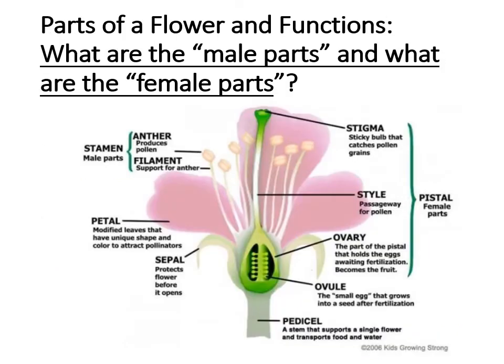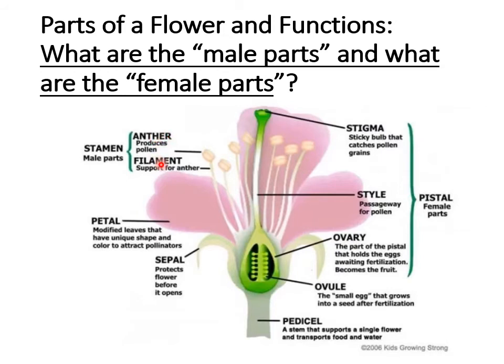Now, when we talk about plants, a lot of people focus on flowering plants, so I did want to throw in the main structures and functions of the parts of a flower, and I want you to circle, star, highlight the terms associated with the male parts of the flower, and then the terms associated with the female parts of the flower. Okay, so when you hear anther and filament, please know that these are the structures responsible for producing